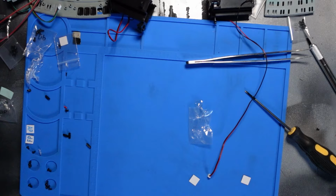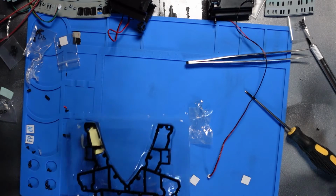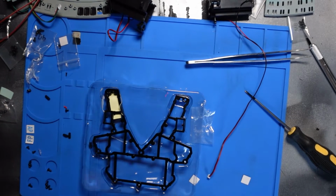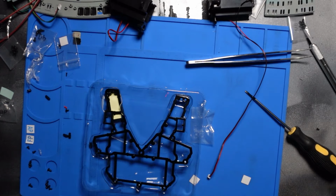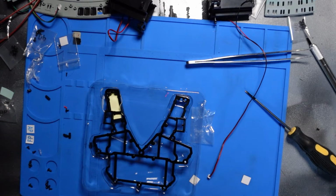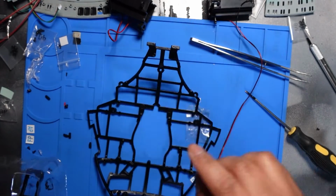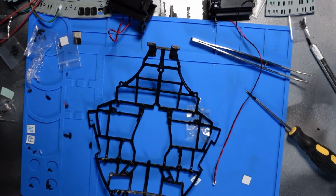This is a part of the neck skeleton. This part right here needs to be affixed to the other part of the neck skeleton, which is that big part. I haven't used it. So let me get this out. So this is part I of stage 19. Basically what we're doing is taking the major skeleton for the neck,